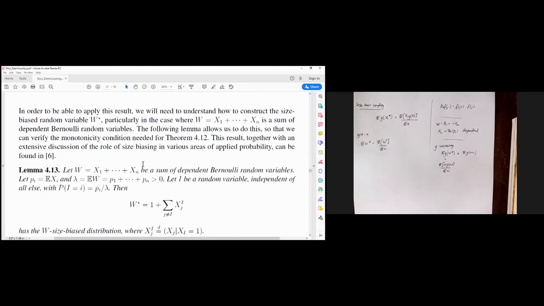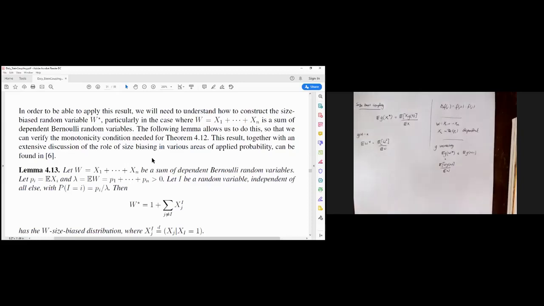If I want to convince you that there's some kind of monotonicity, then at some point I will need to explicitly write down some size biased random variables, actually construct these on the same probability space as the W that I started with, and show you that there's an almost sure inequality between W plus 1 and the size biased version. So that's one way that I can convince you that this monotonicity holds, by using the fact that stochastic ordering is the same as saying that I can construct these things on the same probability space with some almost sure